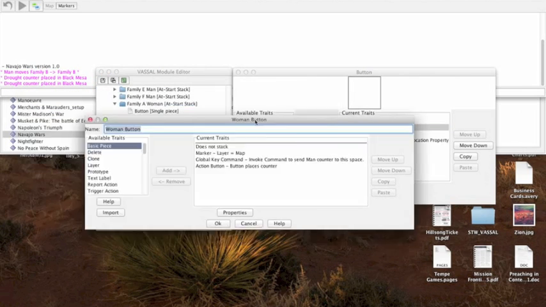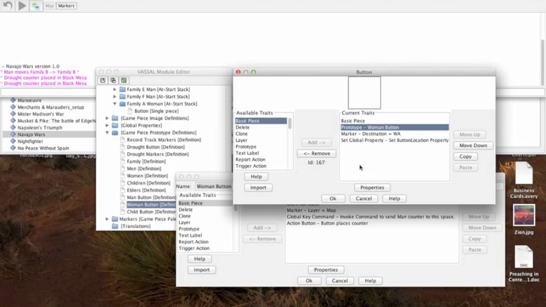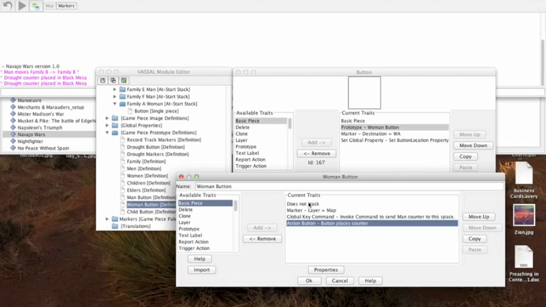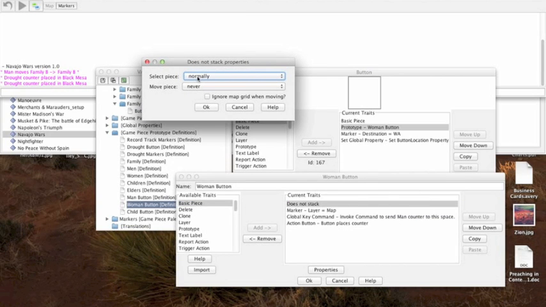The woman button prototype. So basically everything in this prototype, consider it to be in the button as a part of the button's traits. First of all, I've given it a does not stack trait. This is very important. A does not stack trait allows you to do a couple things. You can make it so that the piece will move, can be selected normally, or you can make it selectable only when you hold a shift key or an alt key down, or you can make it so you can never select it. The only time you'd use never select is if the game piece's only function is to serve